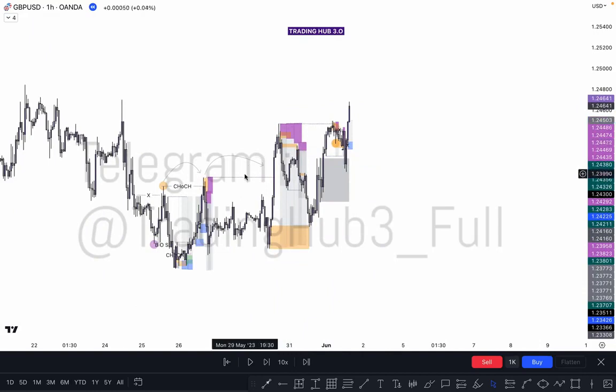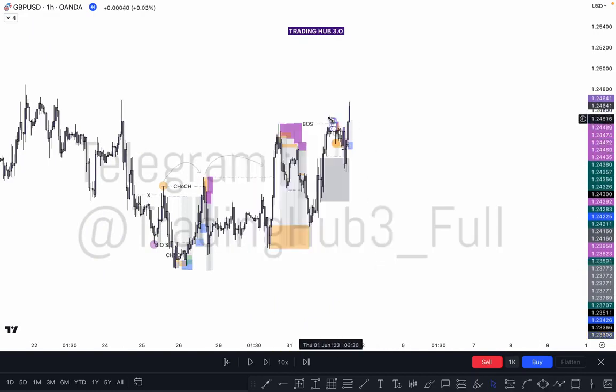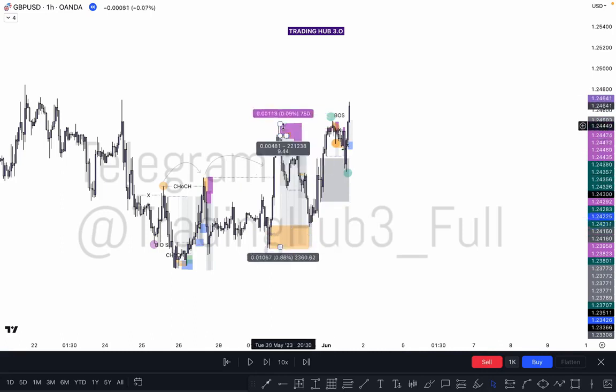Next candle close above, it means this point becomes our valid choch. Because this has become our higher high and higher low right here. This is a higher high, and this point becomes our low. Okay, this choch is confirmed here. There is no inducement taken out, so transfer here to here, inducement taken out, confirm higher high,